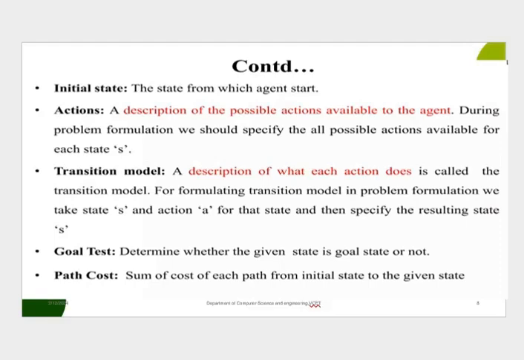The goal test determines whether a given state satisfies the conditions of the goal. It checks if the agent has reached the desired outcome or goal state. The path cost refers to the cumulative cost of traversing from the initial state to the goal